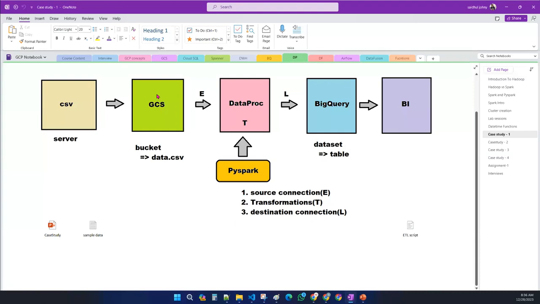The source connection is that I have to extract this data from GCP using PySpark code only. Using the PySpark code, I have to transform this data into various stages so that I come to a final requirement. And that data I have to load to BigQuery. And BigQuery will load this data to some other BI tool for data visualization purposes. So this is how the